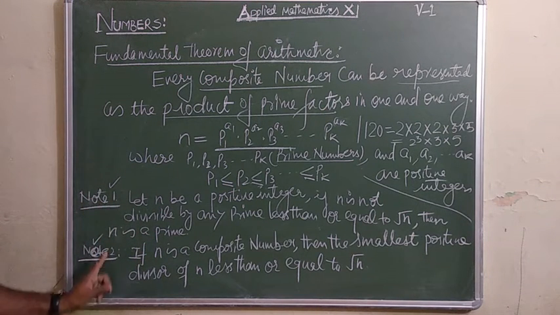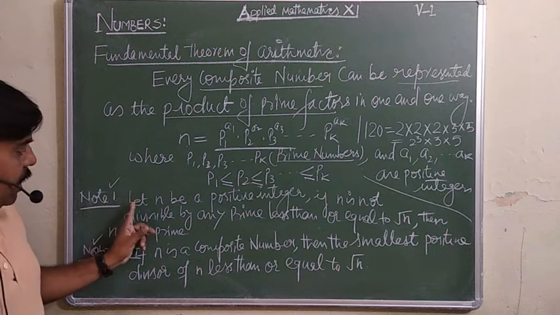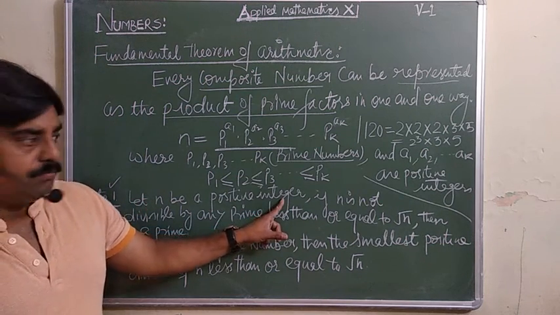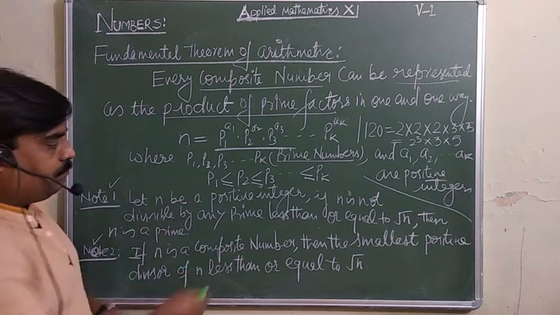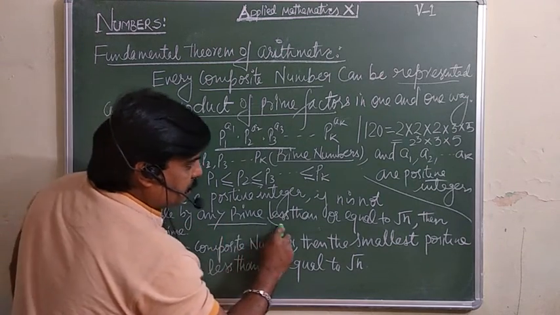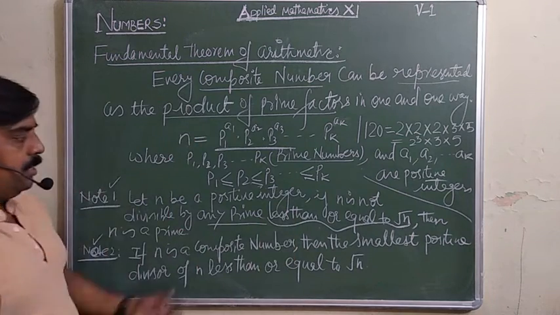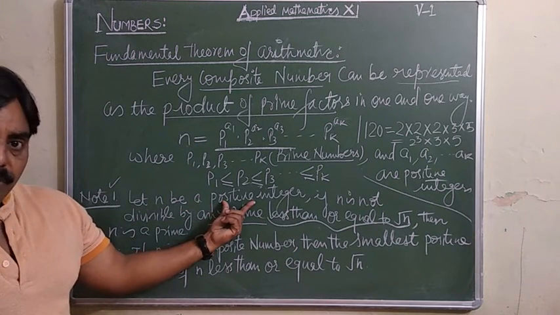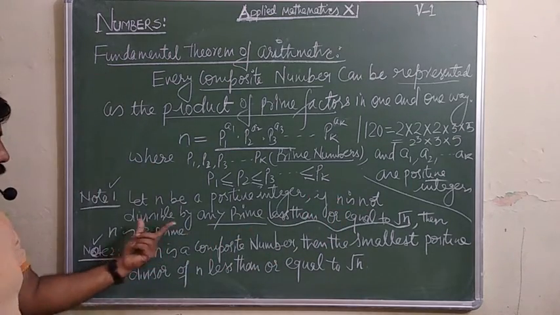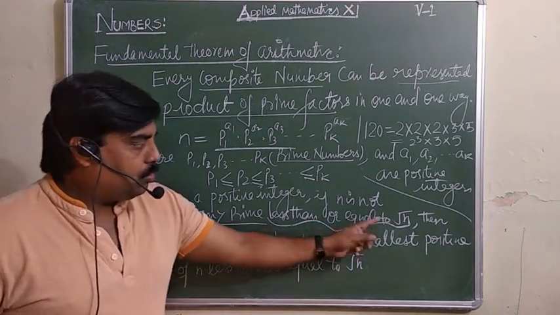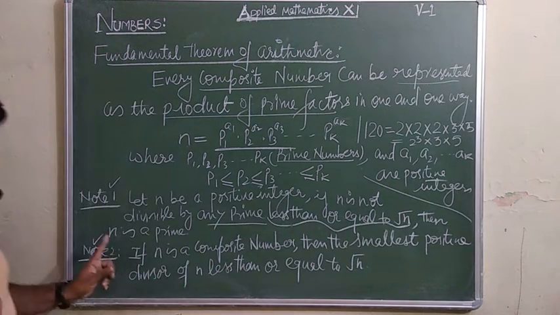Note 1 and note 2. They are very important. देखिए note 1 क्या है? Let n be a positive integer. If n is not divisible by any prime less than or equal to root n. N is any positive integer. N क्या? कोई भी positive integer है. But if it is not divisible by any prime less than or equal to root n, then n is a